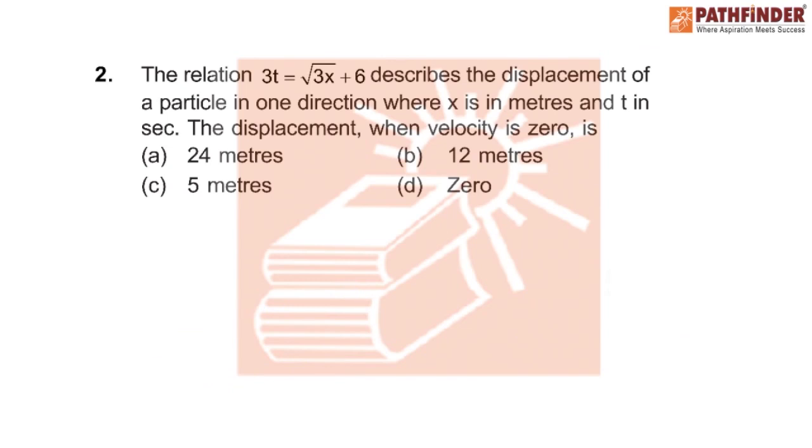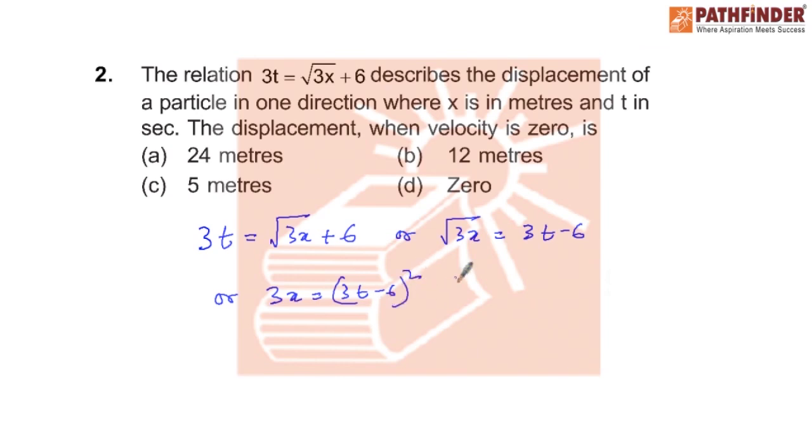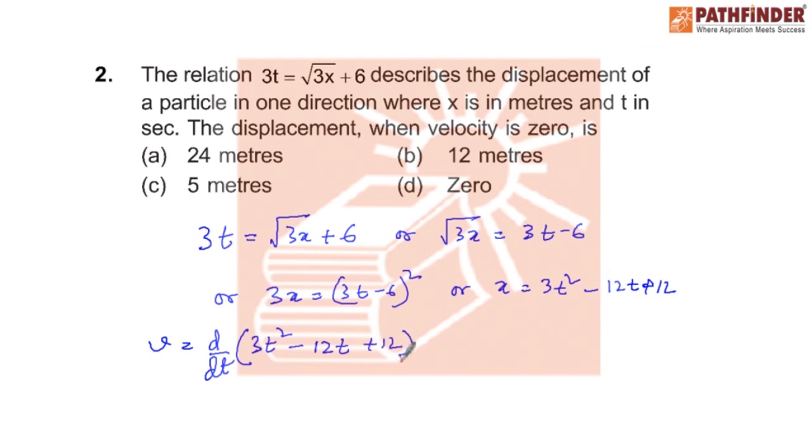Now the next problem is also based on velocity, but this time we have to do something more. Now the equation is given as 3t is equal to root over of 3x plus 6. So what we can write here is root over of 3x is equal to 3t minus 6. So we can write it as 3x is equal to 3t minus 6 whole square. Now we can write this as x equal to 3t square minus 12t plus 12. So if you calculate the velocity, that is dx by dt, we have to differentiate this 3t square minus 12t plus 12. So that will give you 6t